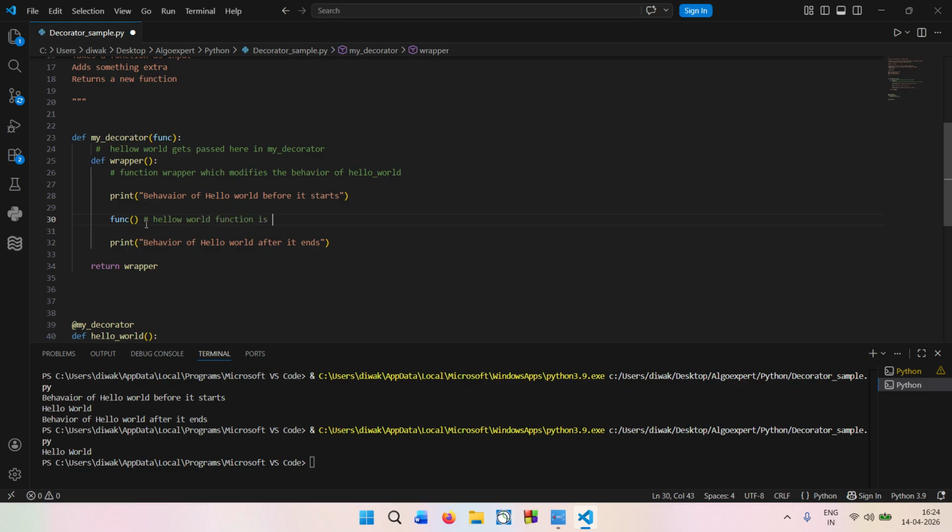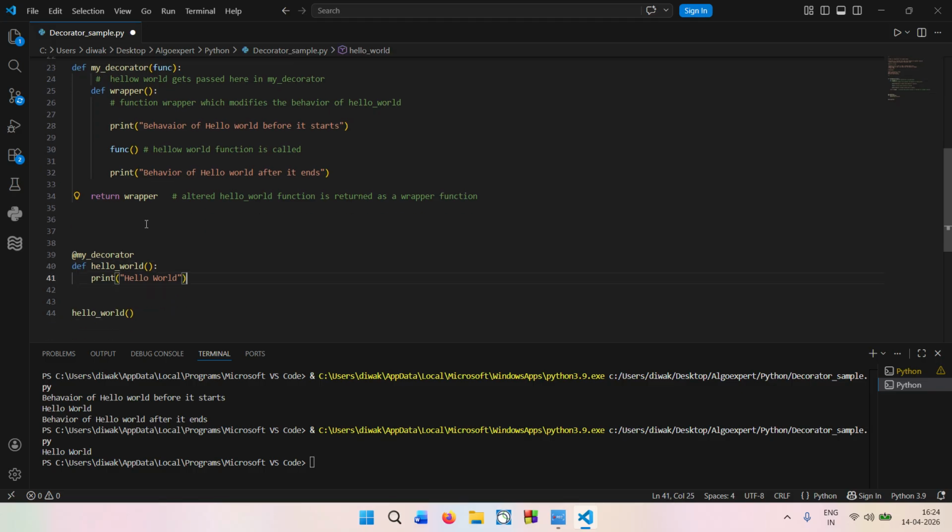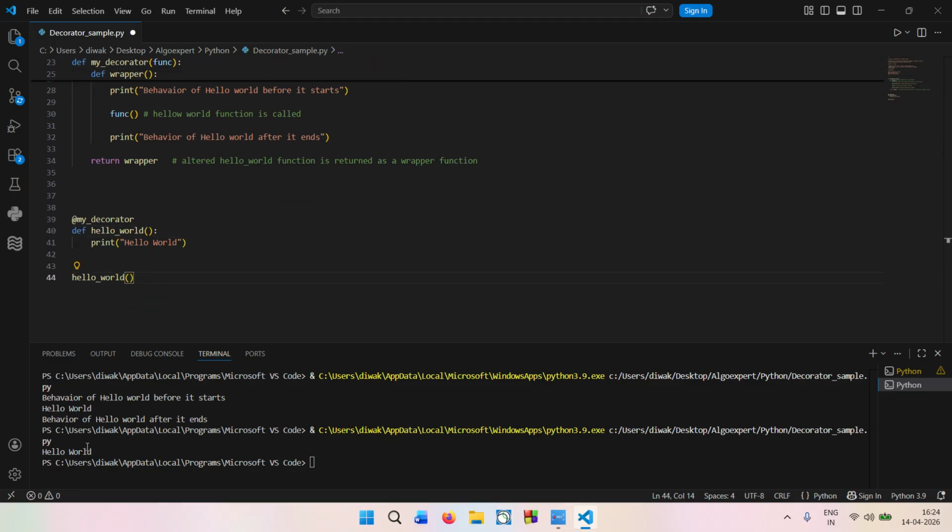And this is where the altered hello world is returned as a wrapper. The function is returned as a wrapper function, right? So now once you call it, it won't be a simple hello world as you were expecting over here. The decorator is going to alter it, and once you run it again, you would get the output as